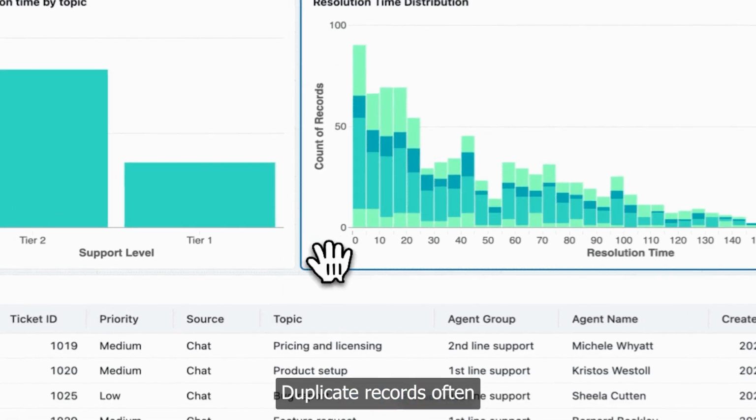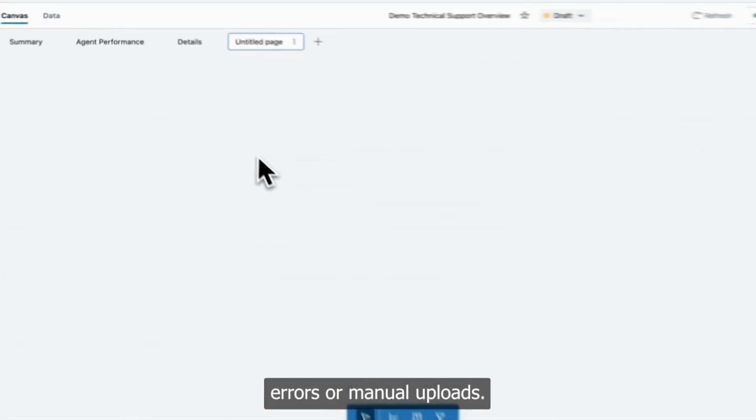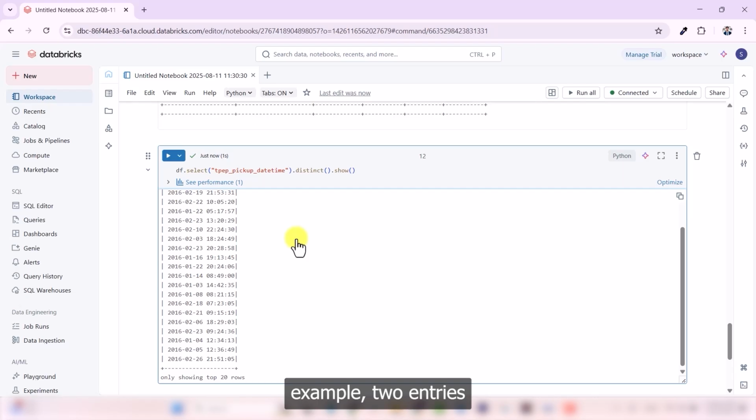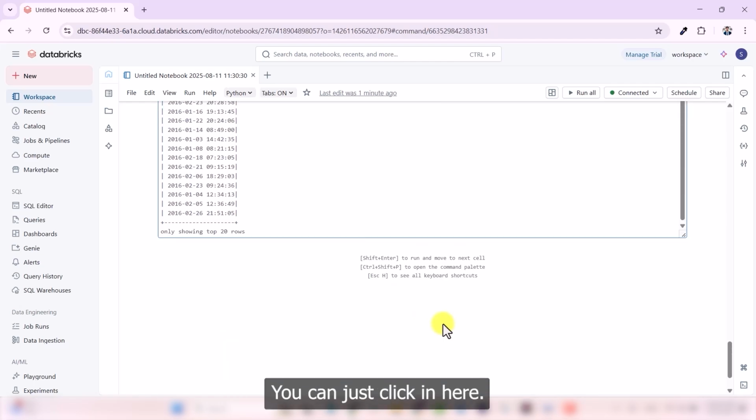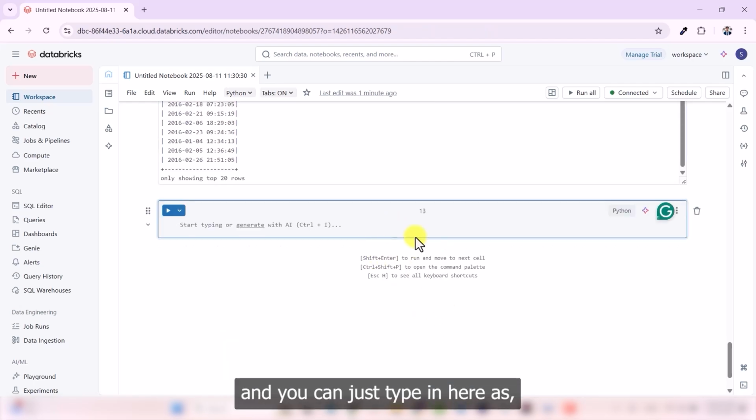Duplicates. Duplicate records often sneak in through system errors or manual uploads. Example: two entries with the same customer ID, order ID, and timestamp. If not removed, duplicates inflate metrics such as total sales or the number of users. In Databricks, you can just click in here, add a new code cell, and you can just type in here